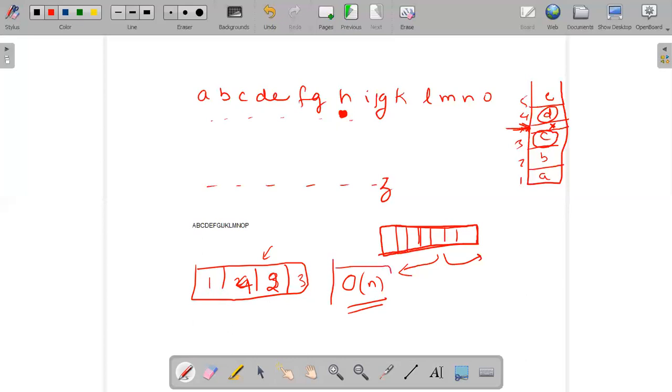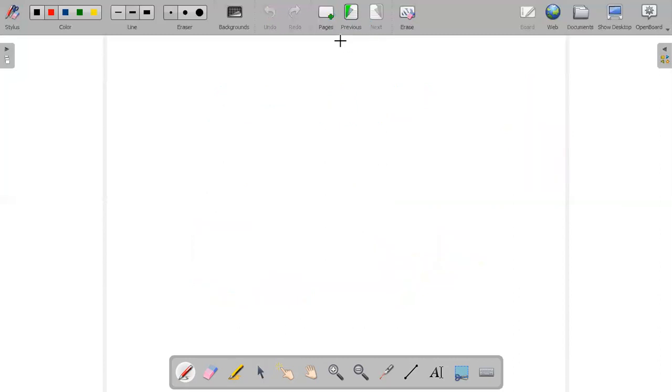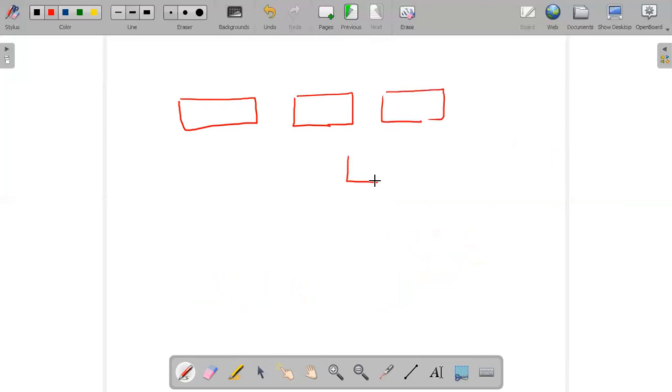To remove this order of n complexity, we have the linked list. The linked list provides the feature of adding any element in between two nodes, right? Suppose these 3 nodes were there and I want to add a 4th node here. I directly add the node here.